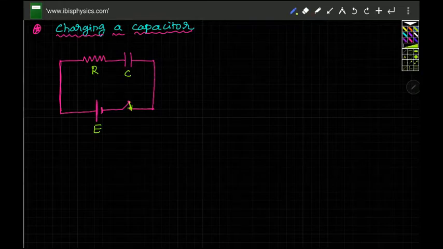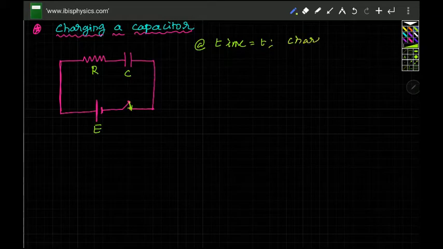So let us take a time in between both. At time t equal to 0, there is no charge on the capacitor. At time t equal to infinity, the charge is fully there and there is no current. But at some time, after a while, the capacitor is being charged. When it is being charged, the charge is neither 0 nor maximum, somewhere in between. Let us assume that at time t, the charge on the capacitor is q. Then there is a current flowing in the circuit and building up the charge.